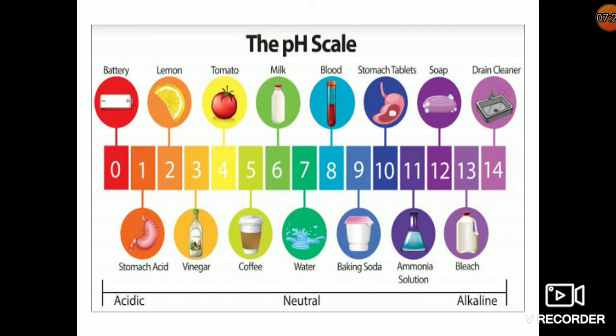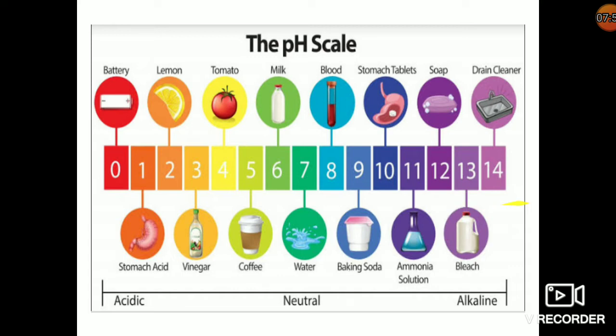In the same way, the hydrochloric acid produced in the stomach, then acid solution in the battery, lemon, tomato, vinegar, coffee, milk, these are acidic substances. The sour milk basically you can consider here. These are some acidic substances and their pH value ranges between 6 to 0, that means less than 7 to 0. So acids are the substances having pH less than 7, bases are the substances having pH more than 7,